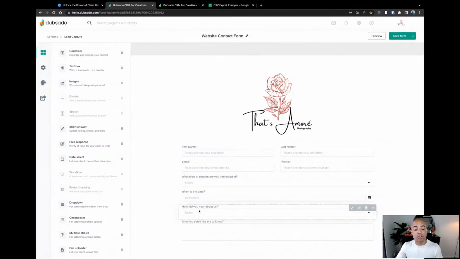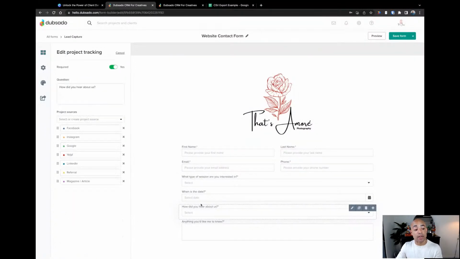And what that allows you to do, if you add that element onto your form, it says, how did you hear about us? And now if I click in here, I can add all of my project sources onto this actual question or this element. So now when a client is first hearing about me, they can go in and say, I heard about you from here.